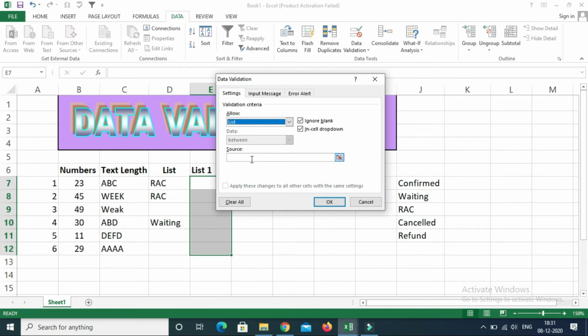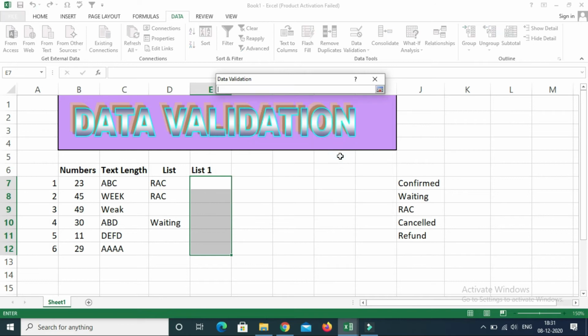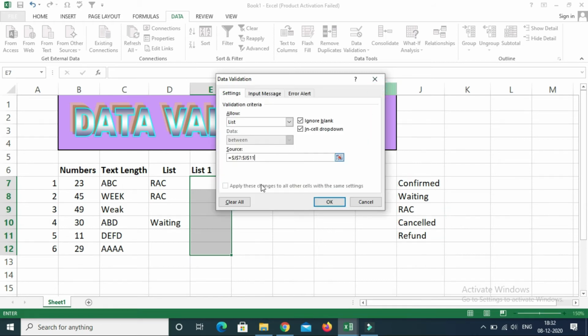Now instead of entering manually, I may make some spelling mistakes if I enter it manually. So the better option is, you can give the source to Excel itself, so it will choose. So you have to click on the source of the list. You can click on this blue color icon here, it becomes a small one. Now you can select where your source is. Right, now click on this blue icon again, it will come back. So you can see the source range that is selected. Okay, so if you are okay with this, then click on OK.